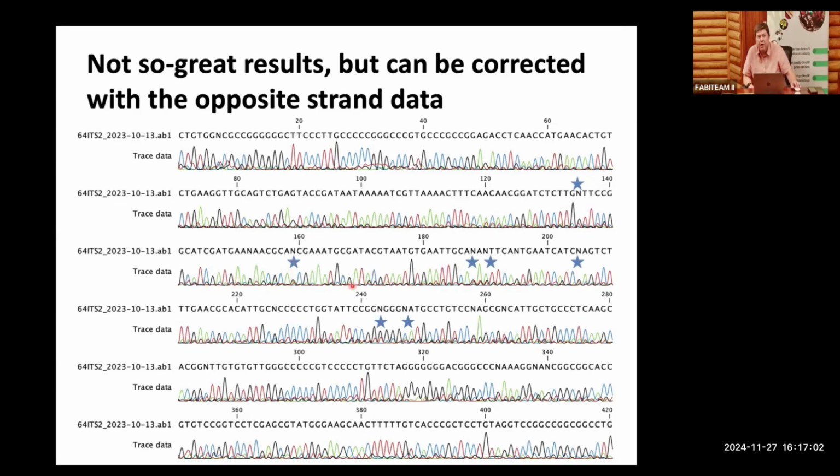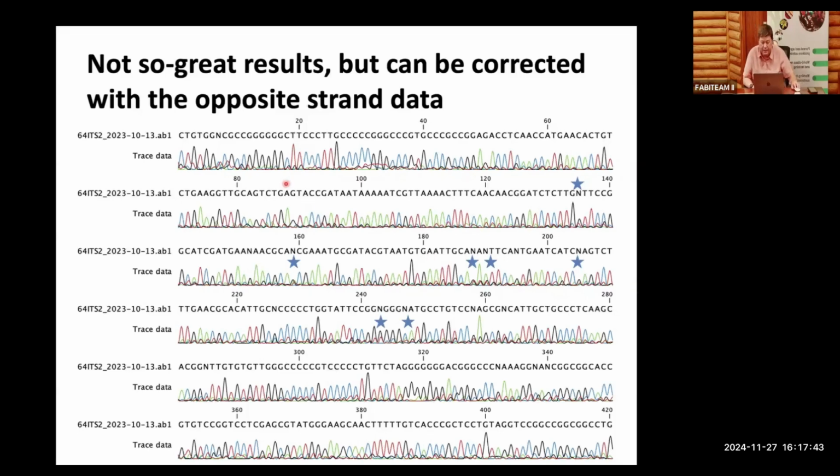So if you have sequences of the opposite strand, it's easy then to correct them if you have a good and strong signal for that nucleotide position in the opposite strand of the sequence. And then you can use programs such as CLC or Geneious and other software to make the correction. So this is very important. This is step one when you start with your sequence alignment. You must check and inspect your chromatograms. You must make the corrections,